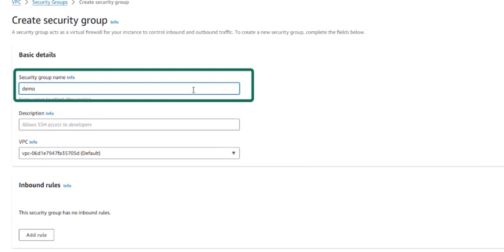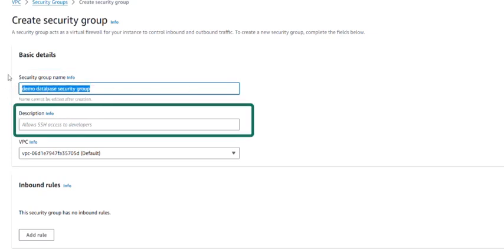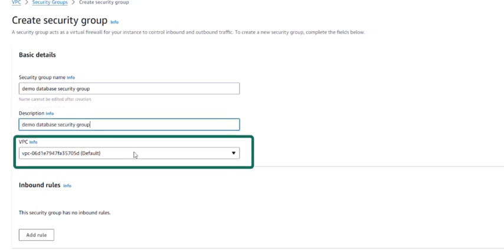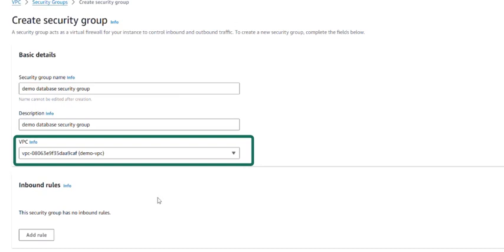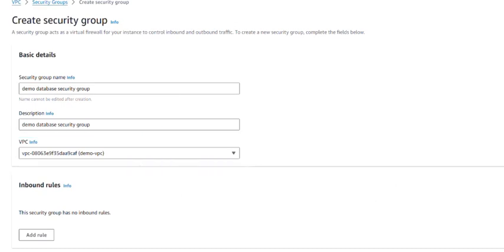In the security group name field, enter demo database security group, and then select and copy the name and use it as the description. Make sure we have our demo-VPC.